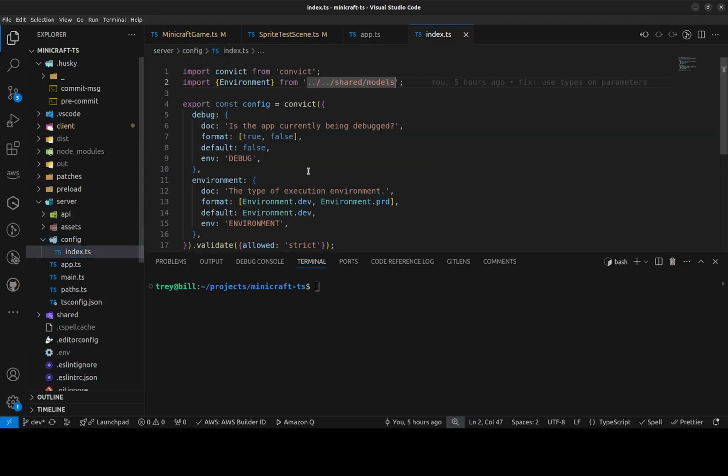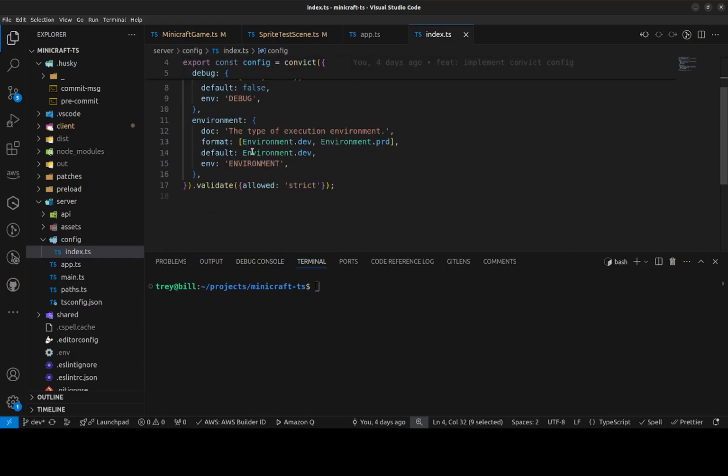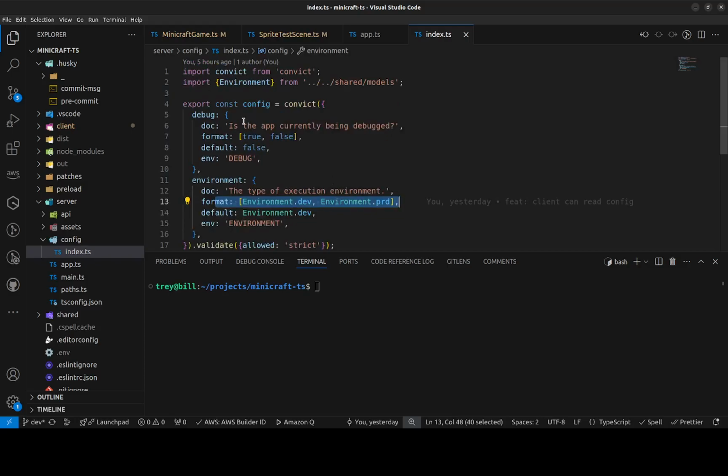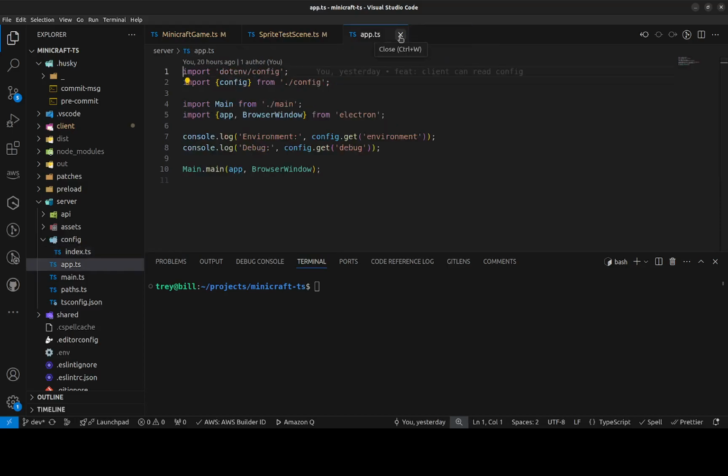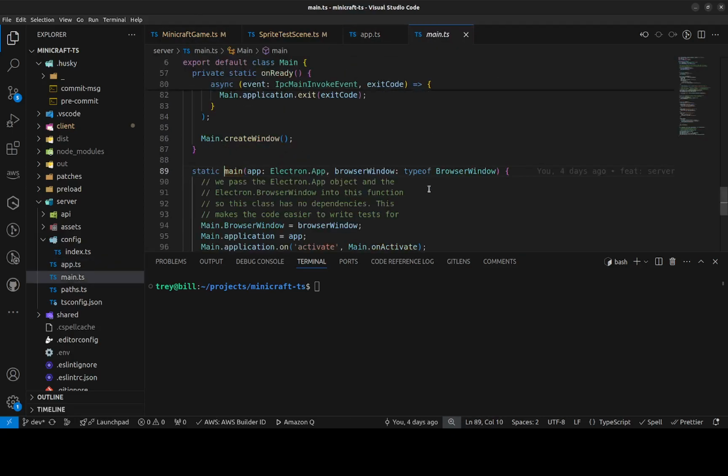and using convict to help me manage the configuration. As default values, it controls what those values can be. It labels them, so by 3 months from now, when I come back to this project, I will still know what they do. So it does all that, loads into configuration, uses .env to load the configuration, then it loads the main app,